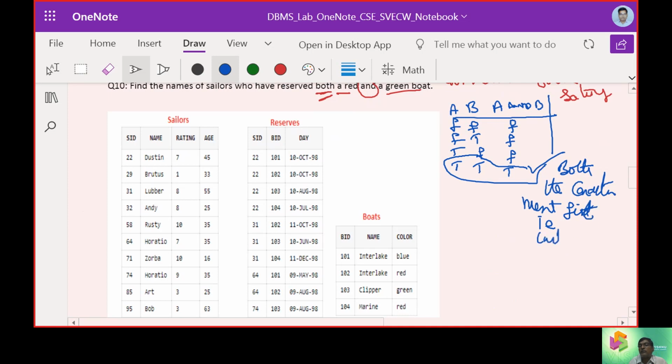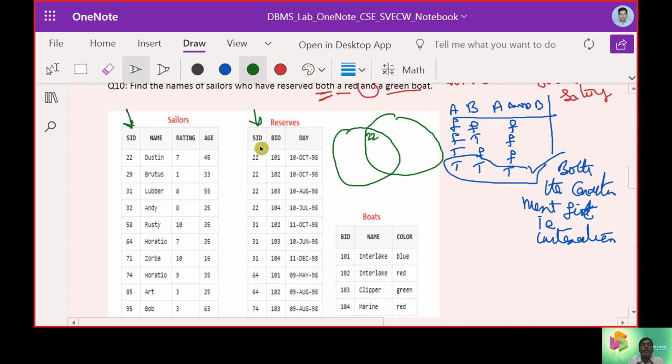That is nothing but intersection. So we can draw up a Venn diagram as this model. Who are common? SIDs and SIDs who are common.